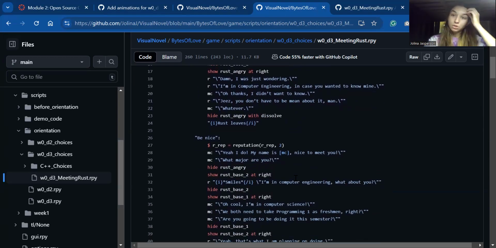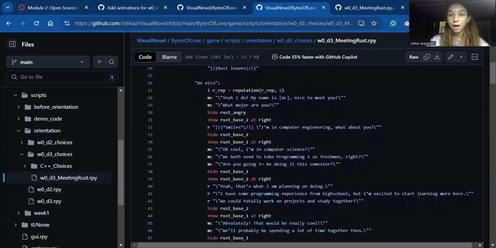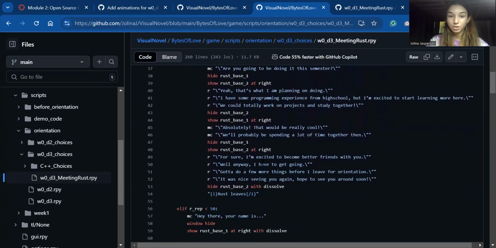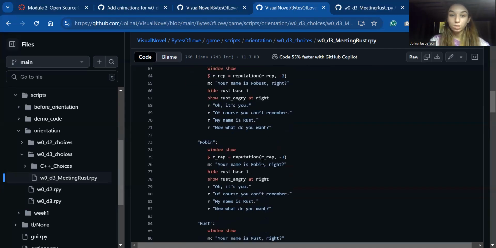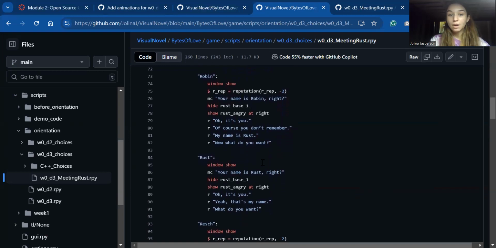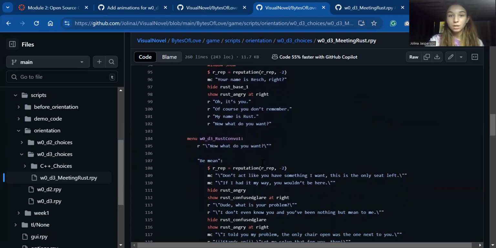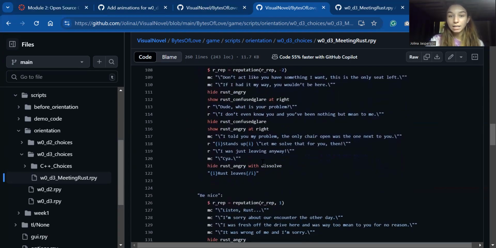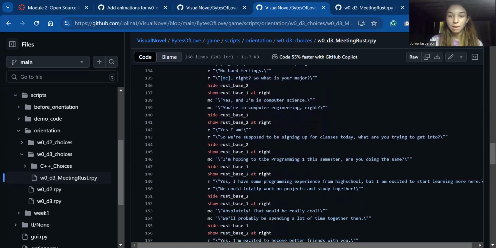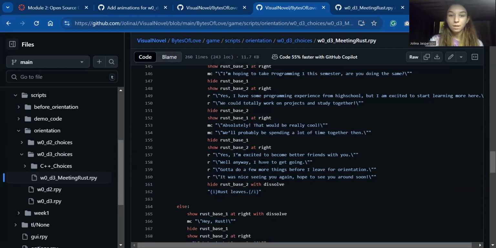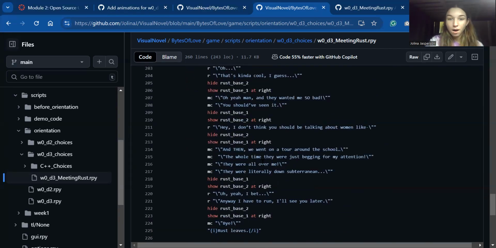So I did this for each interaction, using the sprite that would match the tone. So the happy sprite for a happy interaction and the angry sprite for an angry interaction. Each interaction has talking. So when the Rust is talking, his mouth is open, and when he is not talking, his mouth is closed. And this is just a series of showing and hiding the different sprites, and testing to make sure that everything lines up with the narrative of the story and makes sense. So this is my contribution.